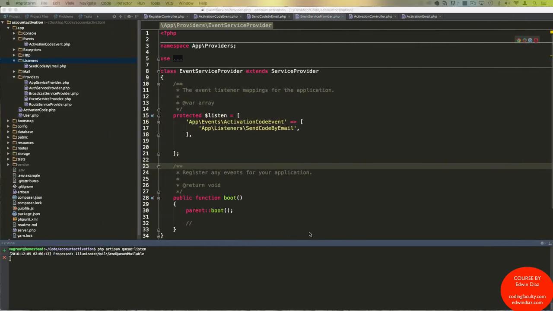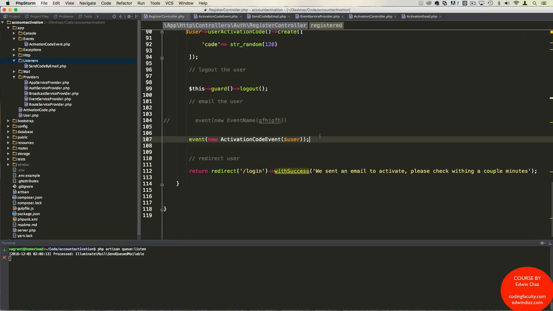All right. And let me just recap a little bit. If you understand what we did, you're welcome to jump to the next lecture. I'm just going to recap because I know this is new for some of you. So our register controller here, this is where we're starting to launch our event. We are abstracting that mail class here in our event, and then the listener. Remember, the listener works with the event. So we are firing that event, which is the activation code event, and we're passing the